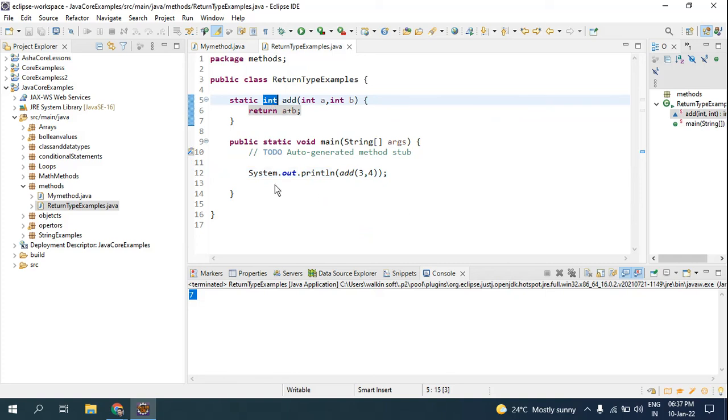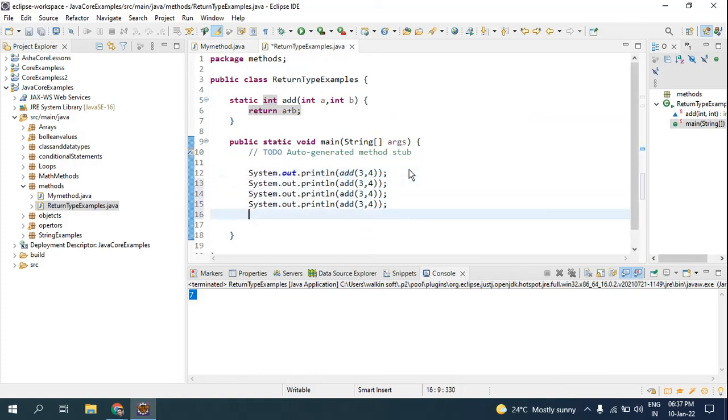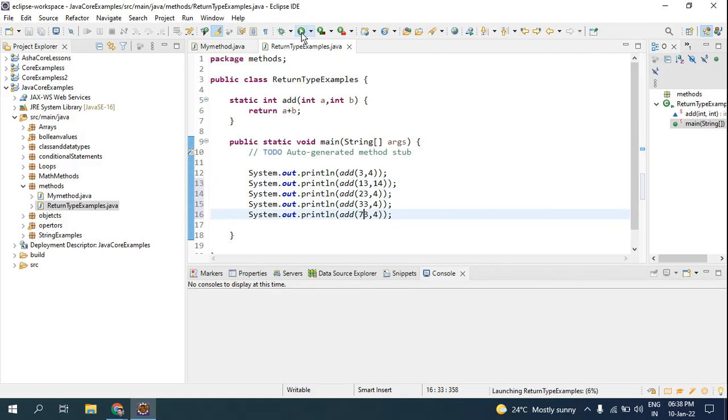So as I said before, this function can be called n number of times. Look here, I'll make this 13. I'll make the value changes here. I'll make this 23, 4. I'll make this 33, 4. I'll make the last one 73, 4. And now if I run my application,